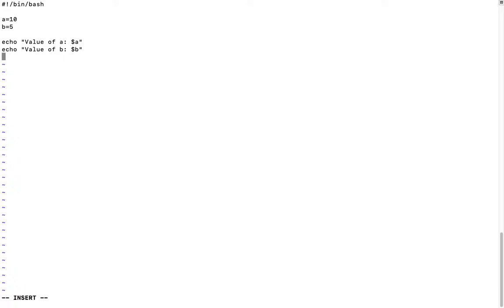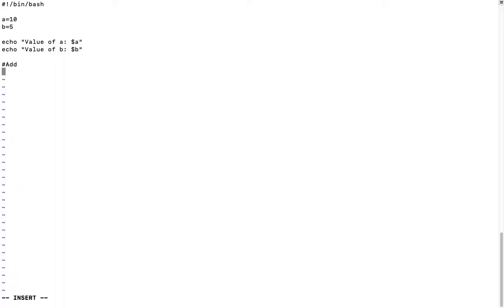So, to perform addition, we use a plus sign operator. In addition, two numbers get added. For example, we have the variables we just defined, a which has the value 10 and b which has 5. So here we create one more variable called add and store the addition in it. I'll also add some comments.